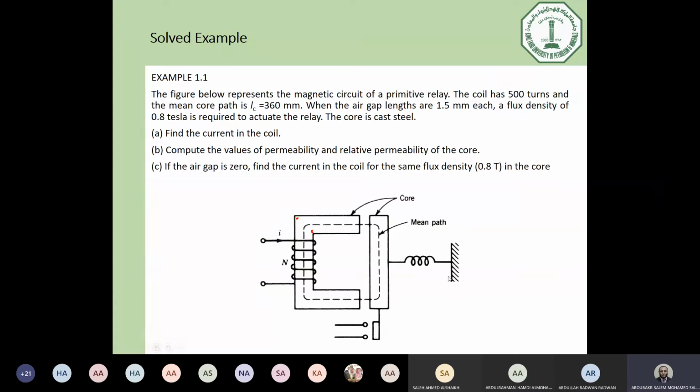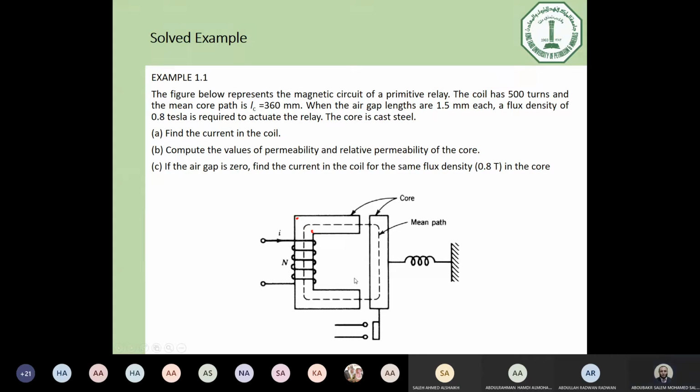It's definitely a relay, consists of C-shaped core equipped with I-shaped core, and this I-shaped core, as you can see, it's connected to a fixed place by just a mechanical spring, and it's connected also to like a plate in order to make short circuit on two contacts. If the I shape is attracted to the C shape, it will make a short circuit on these two terminals. So this is the idea of the relay,